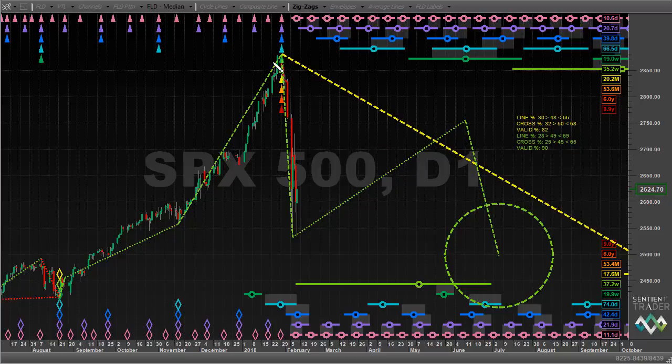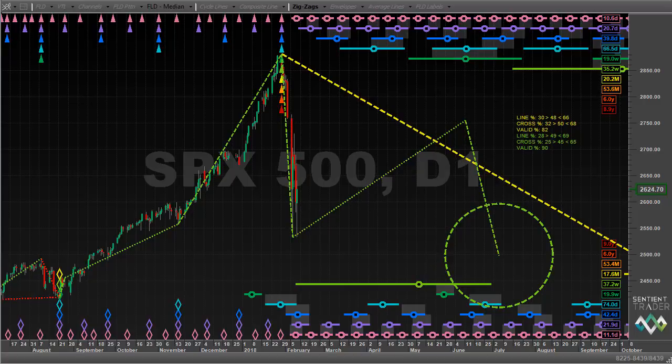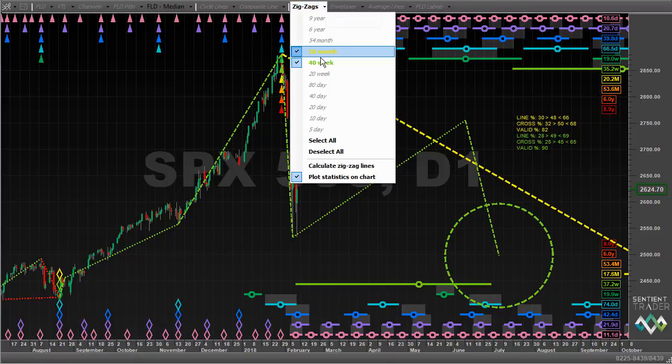Then, of course, we have this 40-week cycle zigzag. You can see here the actual zig and then the zag. Price moves down in a strong move, then it's going to move up to this peak of the 20-week cycle, and finally completes the zigzag by moving down to this trough of the 40-week cycle. So that's that zigzag. But in terms of what we were expecting in February to occur over the next 2 months to bring us to April,